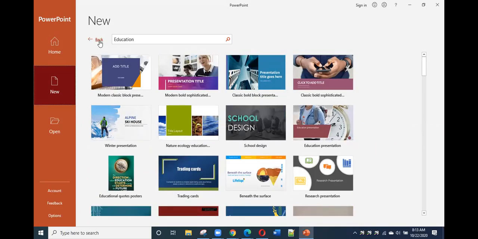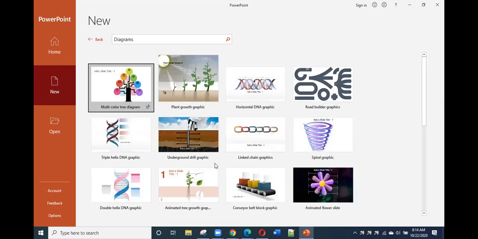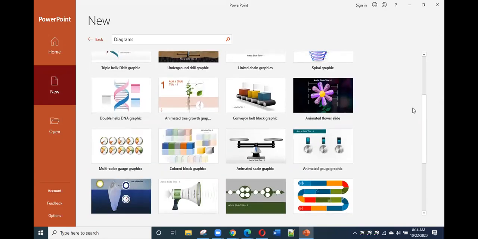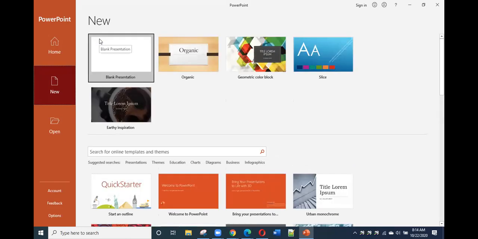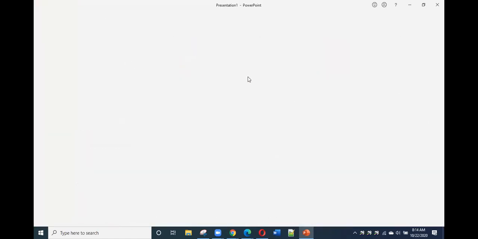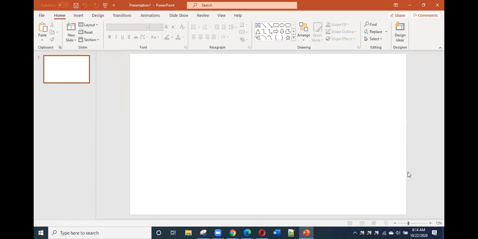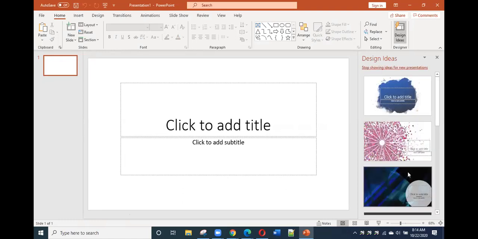And at the same time, we have charts, diagrams, business, and infographics. So we just try to look at the diagrams. So this will be a sample of diagrams, okay, in a PowerPoint presentation. But for the meantime, I just want to use a blank presentation. Okay, so you just double click. Okay, so as you can see here,